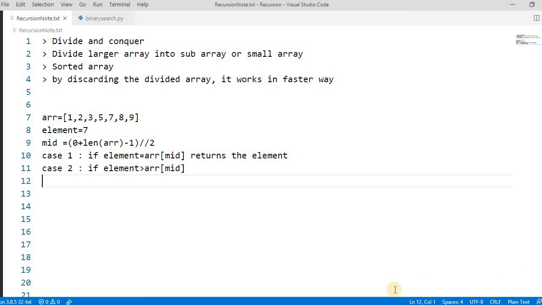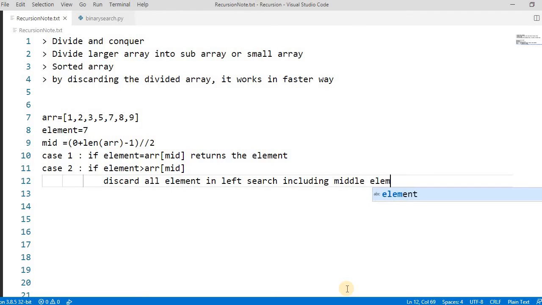So here the binary search will discard all elements on the left, including the middle also. Now onward it will search in these 3 parts, right?